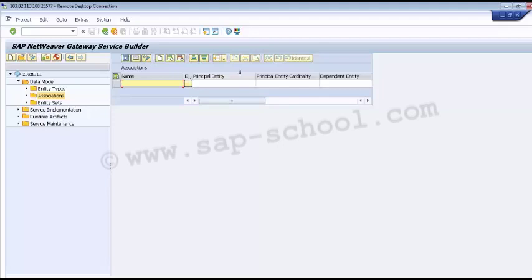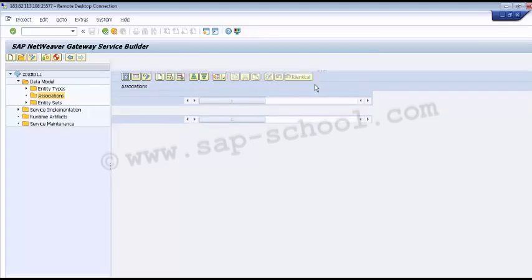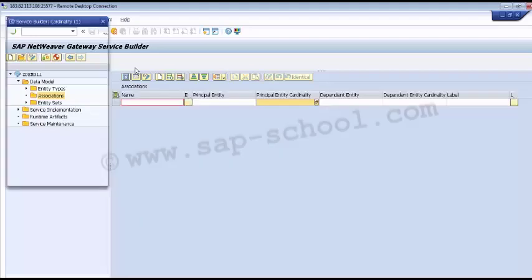Then we have to specify the principal entity cardinality. So we have to select a cardinality for the principal entity from the drop down list. We can choose the different options that we have just discussed, 1:n and all that, from this view.